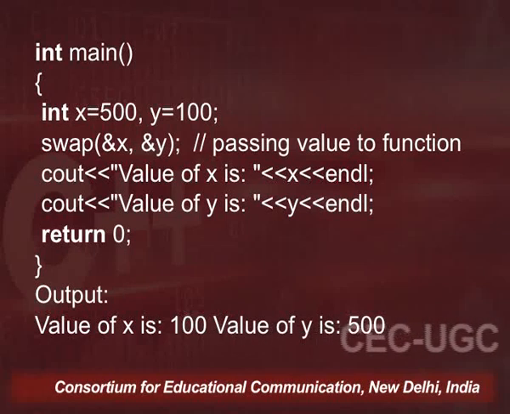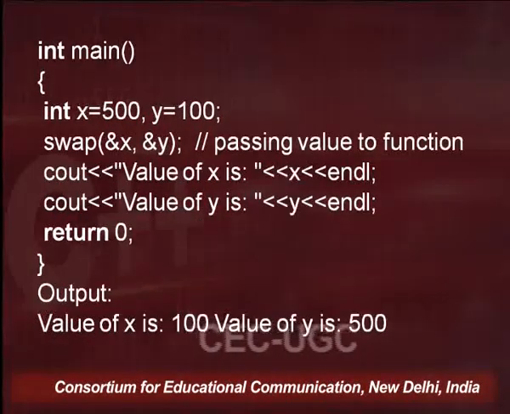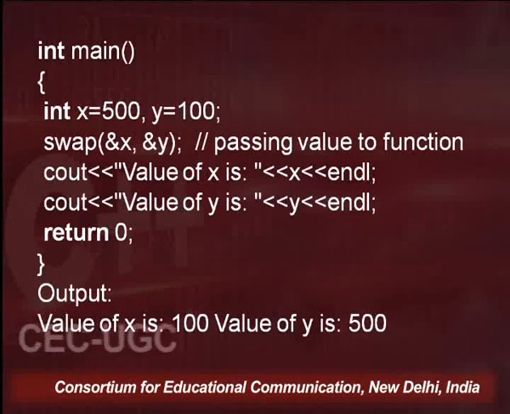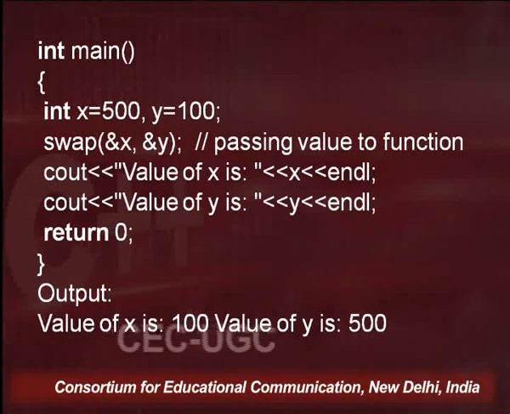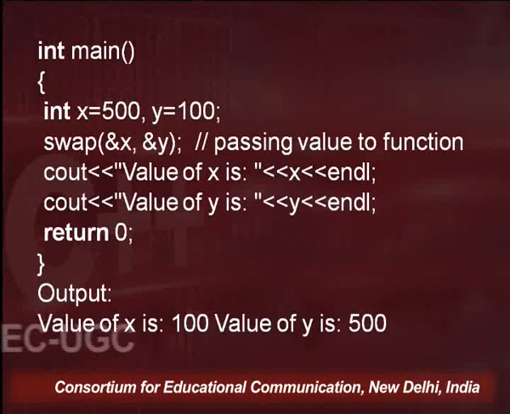So what is actually happening? The whole swapping is happening with the help of pointers. No extra copy of your actual parameters is being created. The whole game is being played around the actual values of those parameters. So now after calling this swap, if we print the value of x and y in order to look at the results, you will find the values of x and y